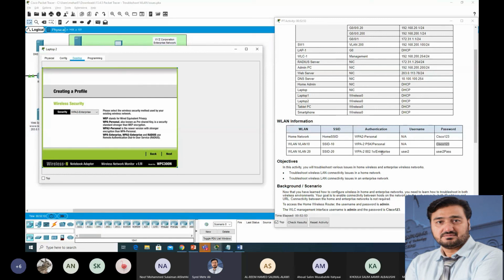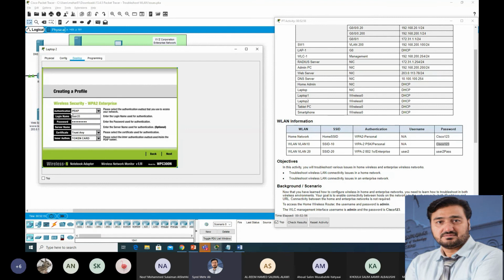Next, see here, this is enterprise. Next, username 20, password is 20. But here the username is 20. Is it correct? What is the username? Malik, can you tell me? Yes, user 2. But what is mentioned here? User 20. It's wrong. So we will write user 2 and we can type the password again. Maybe there is a problem with the password, but I don't think so. Okay, still we can do it.